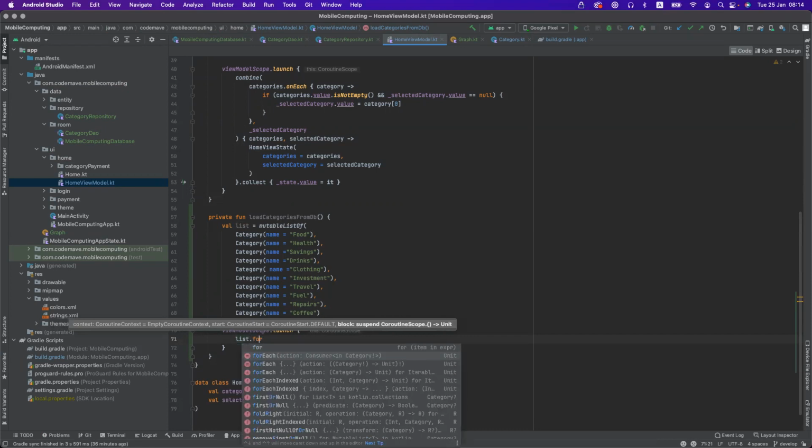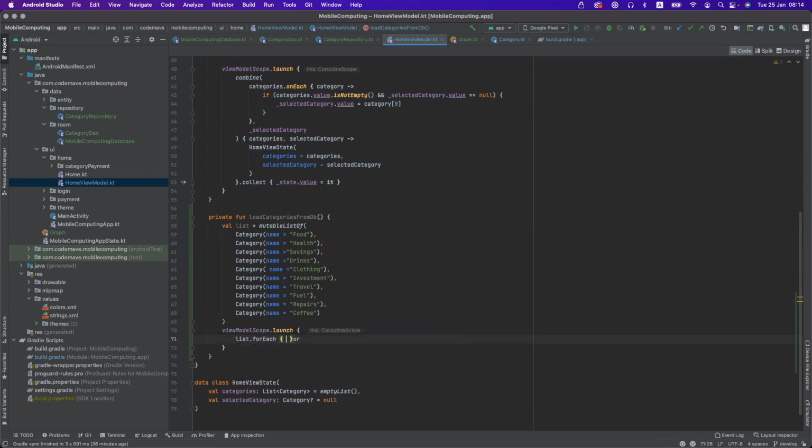For each category in this list, we are going to call our category repository, and we are going to say add,